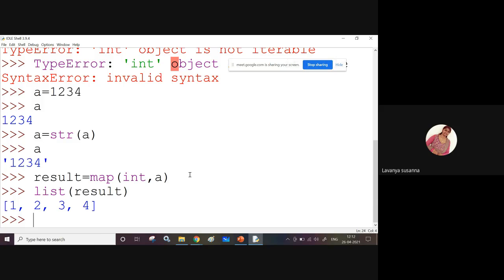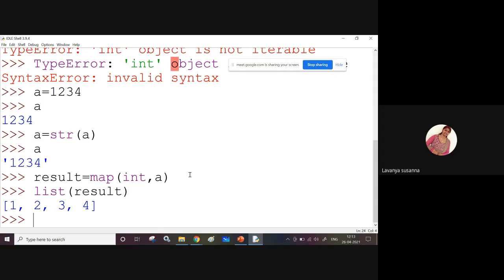To that map function you have passed the function name int, comma a, which contains the string 1, 2, 3, 4. What is this map function doing? It is extracting each and every character and converting it, because you have passed the function name int, it converted 1, 2, 3, 4 into int.